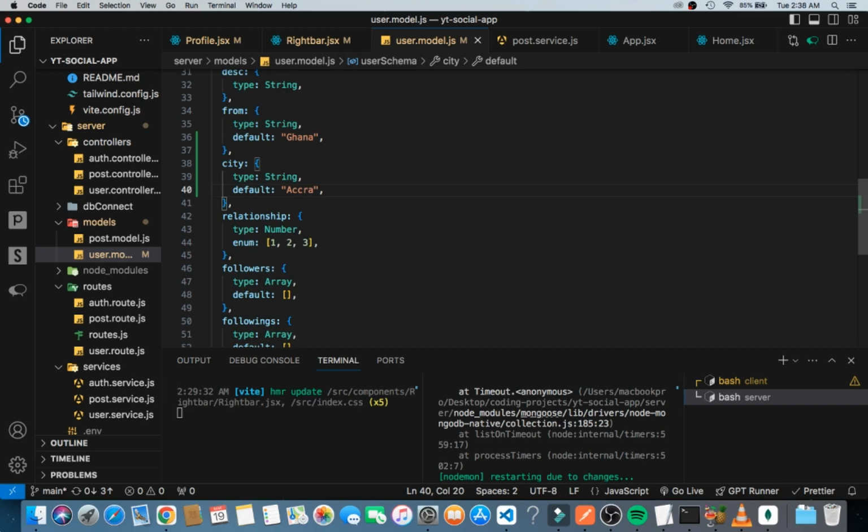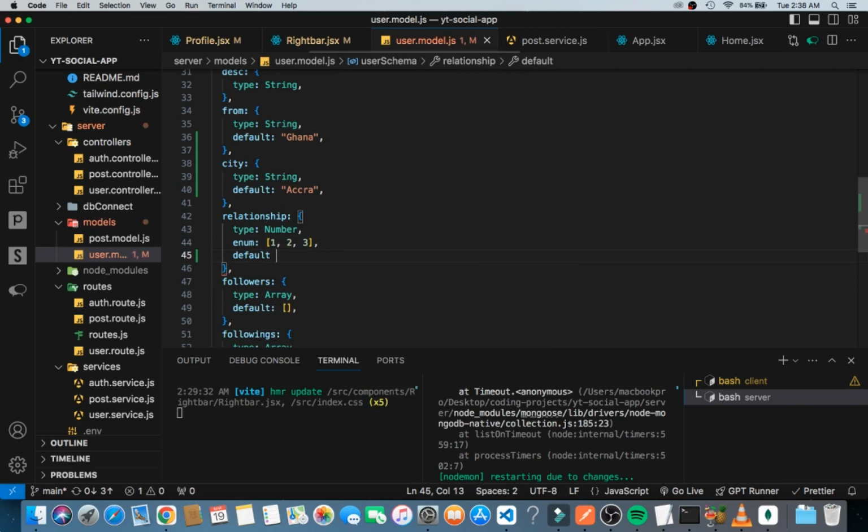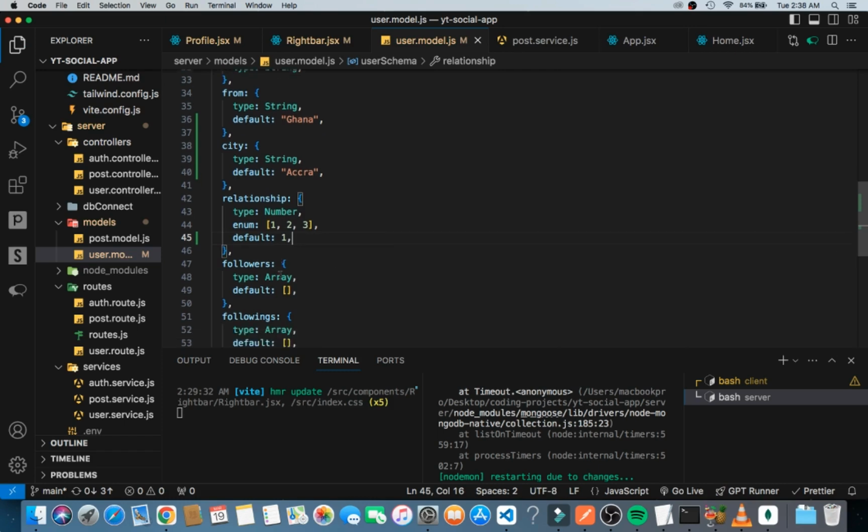Alright, then inside the relationship I can set a default, I can say 1, right? I can say 1. Okay, so now that I've been able to set this up, let us go into Postman